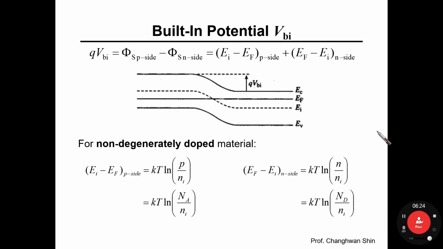The answer would be found as well in this lecture note. Take a look at this slide. Built-in potential V sub Bi. What is this? Yeah, in the last movie clip, I have commented that we have two different dishes, P dishes